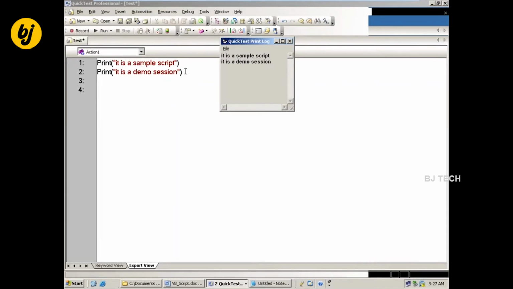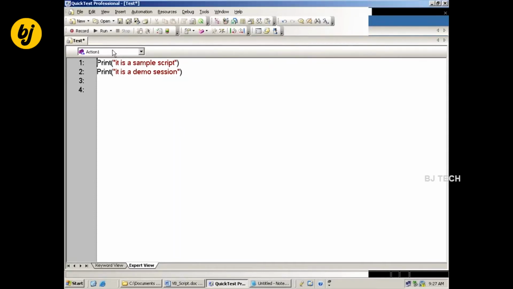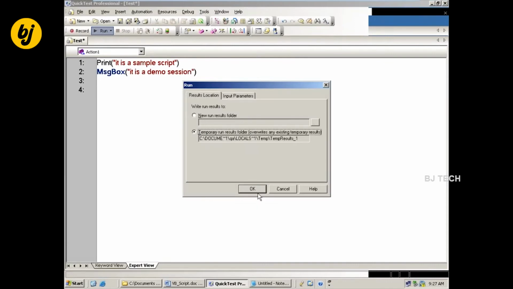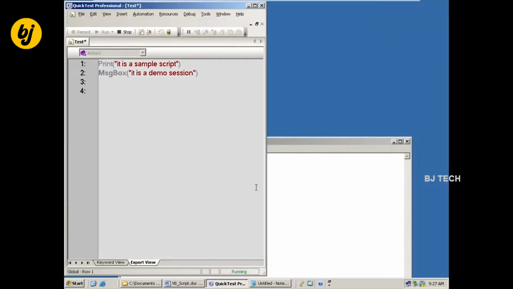The difference: MsgBox waits until you close the pop-up window, but Print won't wait. It will print and continue. But now, if I use Print first and MsgBox second and run it, what will be the status I will get here?